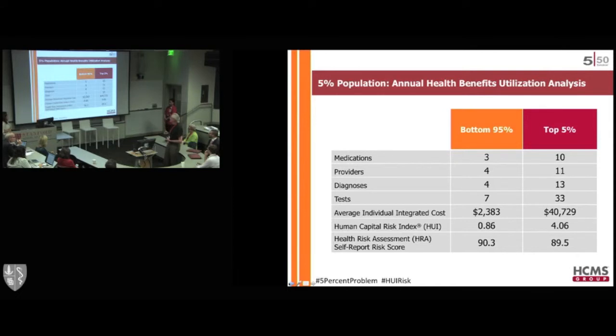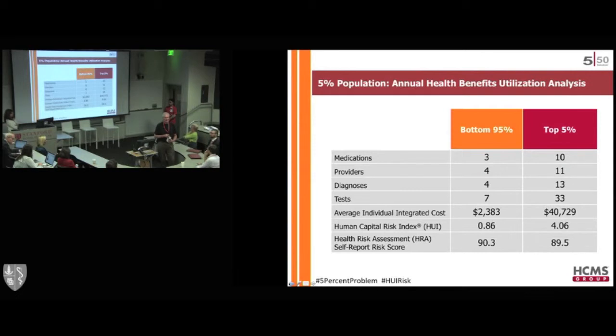The 5% have 13 unique diagnoses, 33 tests, and as you can see, their average cost for the year is $40,000 compared to $2,300. That's almost 20 times more. Virtually all of our cost increase in healthcare is in the 5%, not in the 95%. We are progressively spending more on fewer people